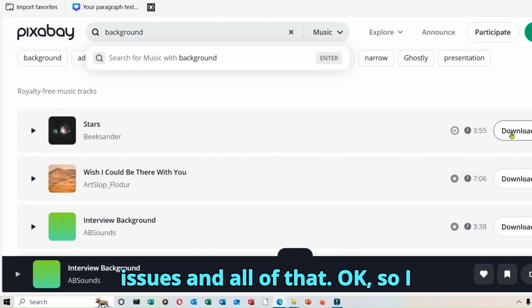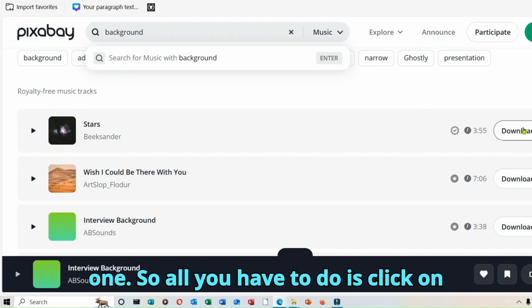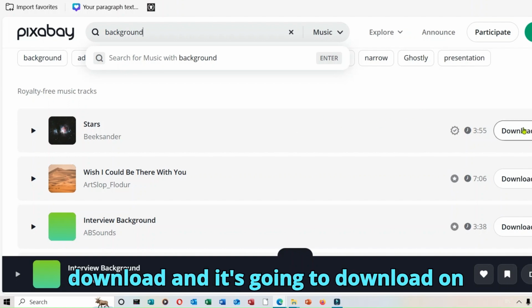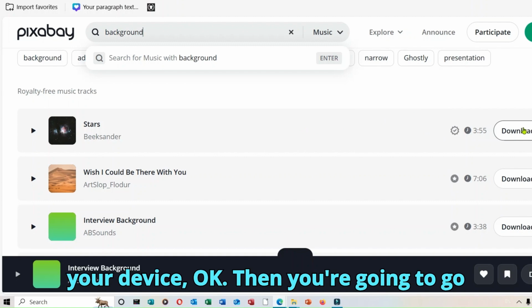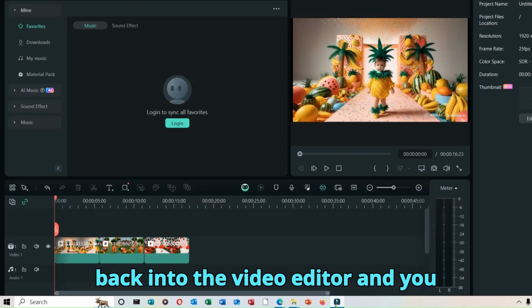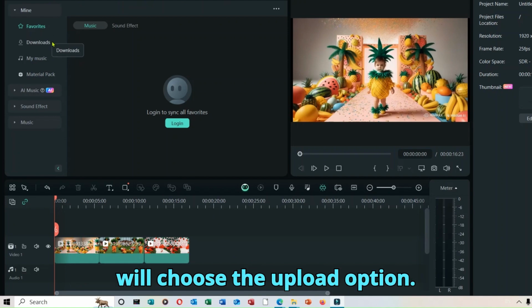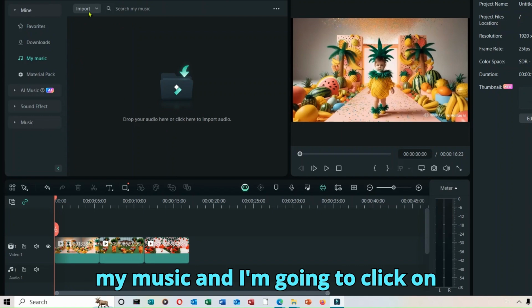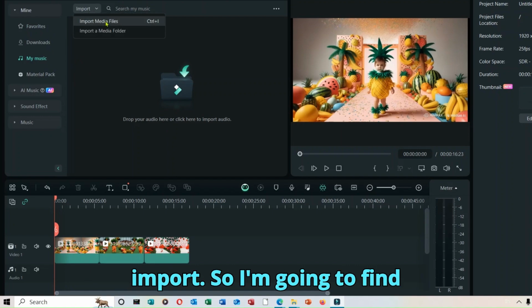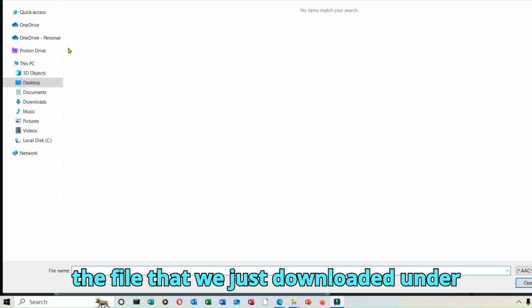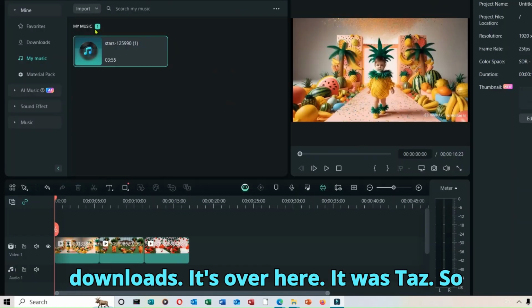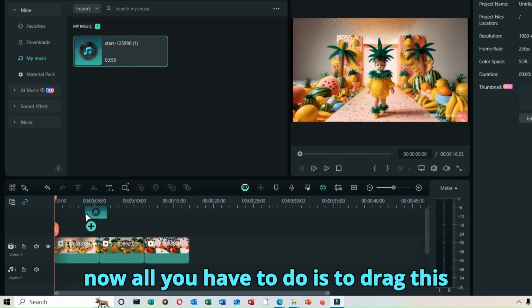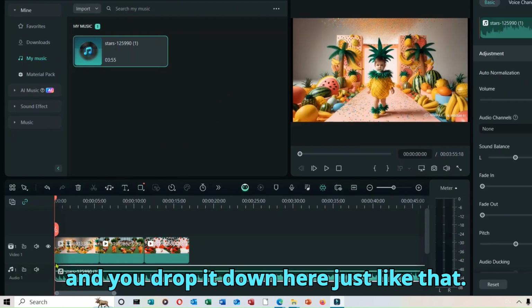Okay, so I think we are going to go with the first one. So all you have to do is click on download and it's going to download on your device. Then you're going to go back into the video editor and you will choose the upload option. In this case I'm going to go to my music and click on import. So I'm going to find the file that we just downloaded. Under downloads, it's over here. It was stars. So now all you have to do is to drag this and drop it down here,